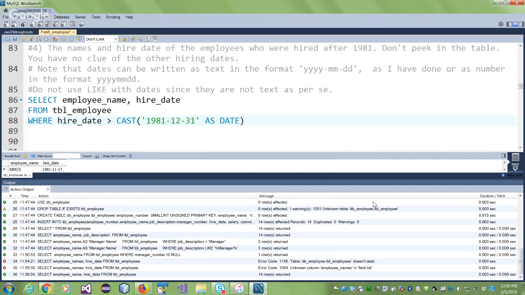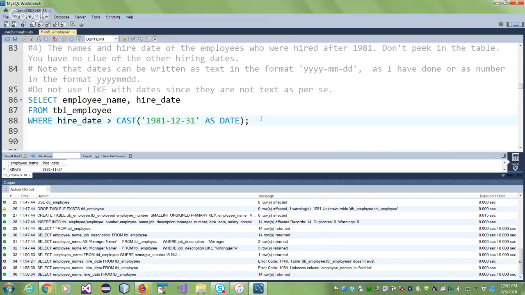So please cast it as a date. All you're saying is if the hire date is greater than 12th of December 1981, this person was definitely hired after 1981. Make sense? Now, in your select, you could say employee name, and then hire date after 1981. You could add things to it just to make the answer more readable, but it will work. I again emphasize,